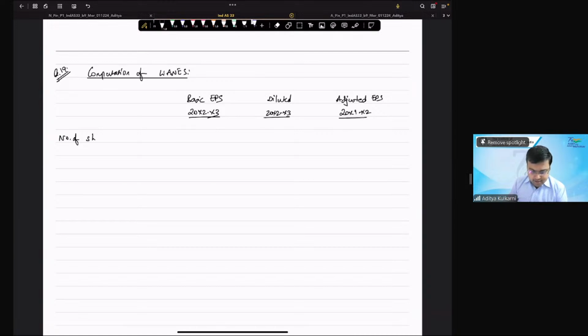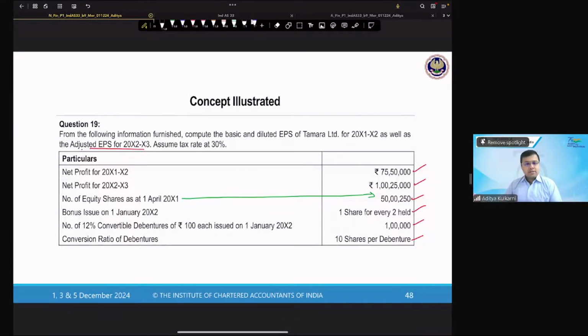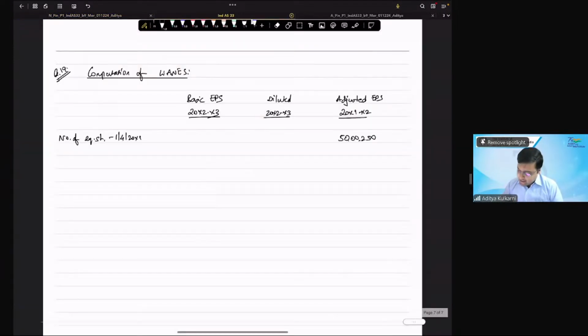Number of shares, first April 20x1. Is it okay? कितने थे? 50 lakh 250. Do you agree? Yes, sir. ये shares